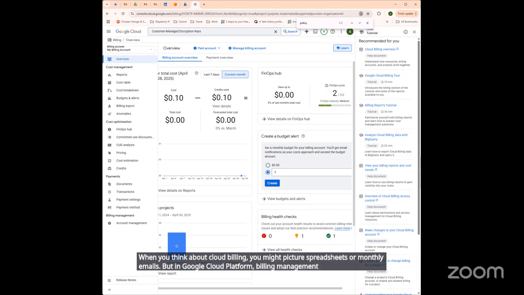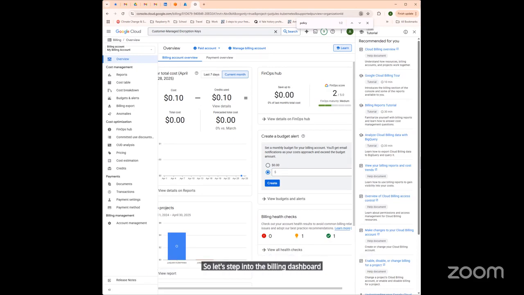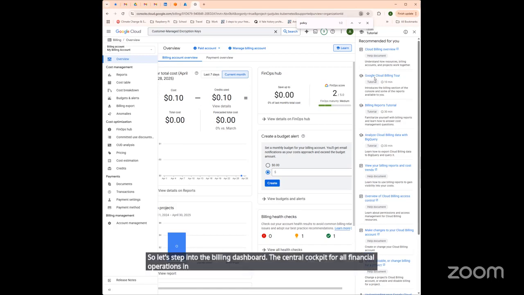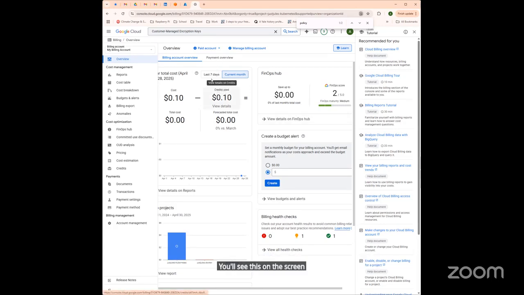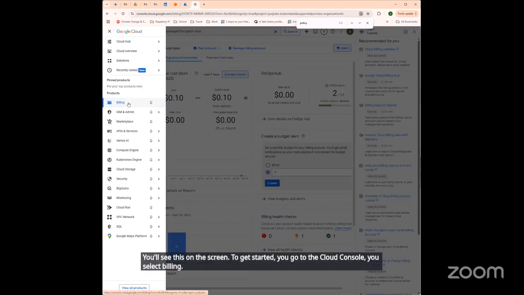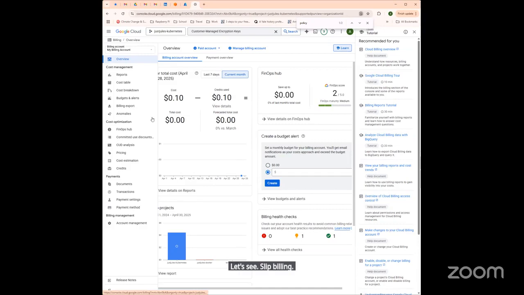It's an interactive, real-time dashboard that gives you visibility, control, and predictability across your entire Google Cloud platform. So let's step into the billing dashboard, the central cockpit for all financial operations in GCP. So let's navigate this. You'll see this on the screen. To get started, you go to the Cloud Console, you select Billing from the menu, and then here you'll land on the dashboard, designed not just for visibility,